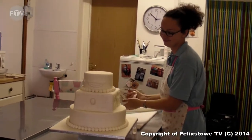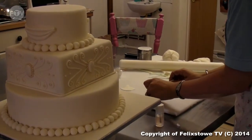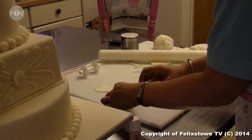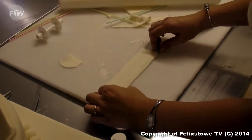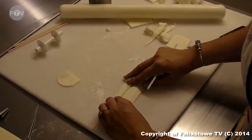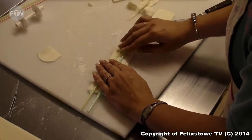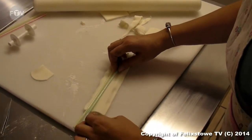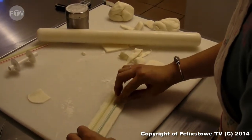Just watch Gemma do a swag for the top tier of the cake. So I'm using drinking straws. You can use anything really that's going to give you the movement in the icing. You can buy really expensive moulds and things, and I have got a lot of moulds and other expensive equipment, but if you can get away with using something you've just got around the kitchen, then I'm all for that. These were really popular on wedding cakes a long time ago, because they didn't have the amount of decoration that they have now. A bit fiddly, but once you get them...